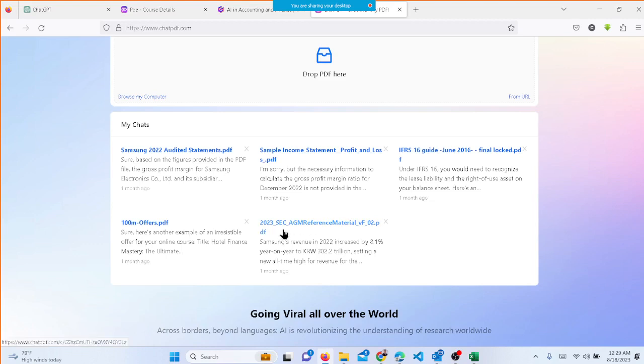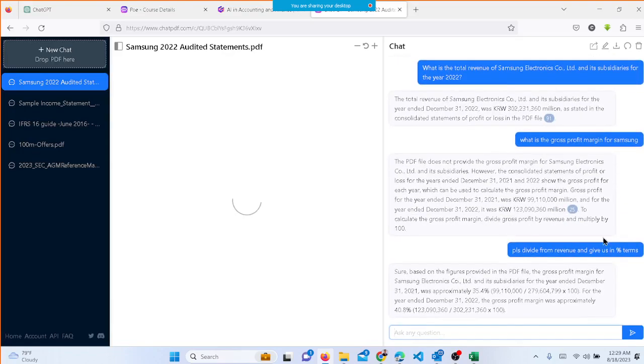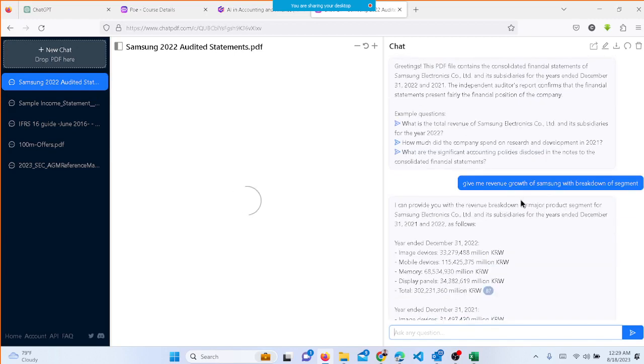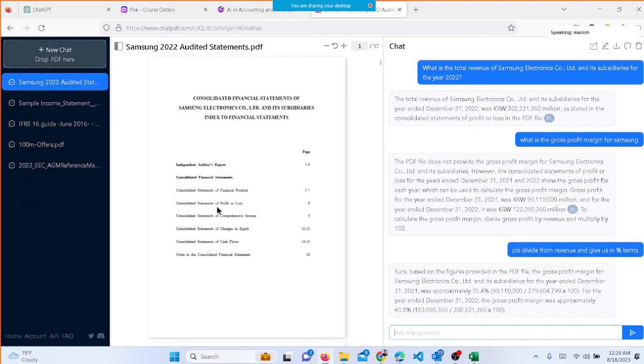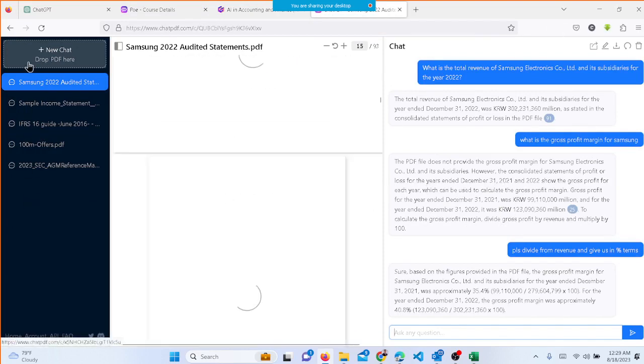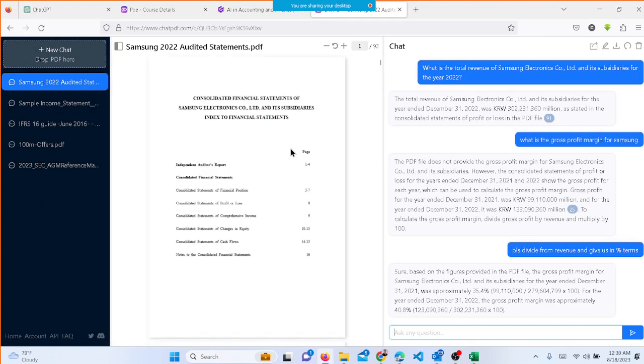I gave it an AGM of Samsung's annual audited statements to do the analysis, and it did the analysis for me. So I don't have to extract the information from the PDF now. It can actually generate it by itself. The only problem is that it's not very efficient like ChatGPT or the Excel file, right? Now, the only problem with these tools is that they are publicly available tools,